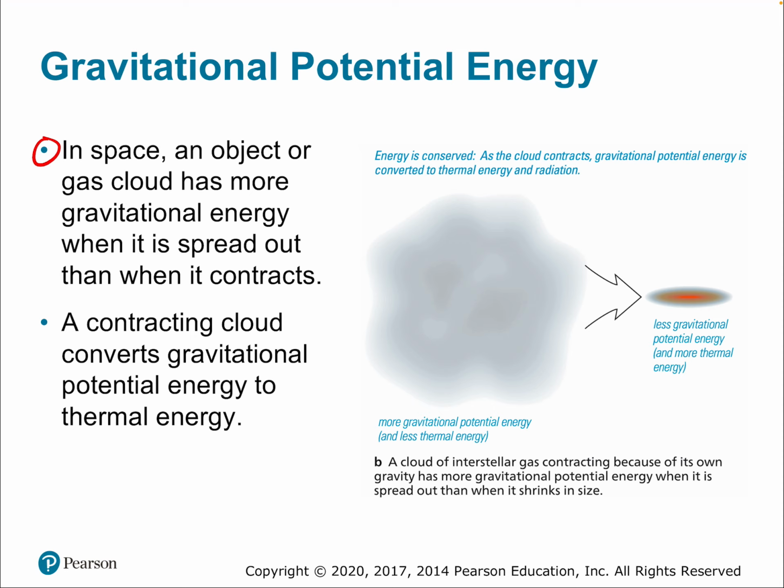So in other words, we have energy being conserved as the cloud collapses, as the gravitational potential energy gets converted to something else. Okay, so it's got a lot of gravitational energy to begin with. Where does that energy go, though? Well, it's going to go into thermal energy. It's going to go into chaotic motion, a chaotic form of kinetic energy. So we're going to have thermal energy being created by the conversion of gravitational potential energy into it. Okay, energy as a sum of all types of energy is conserved, but we have a change from one type to another. All right, so a contracting cloud converts gravitational potential energy to thermal energy,